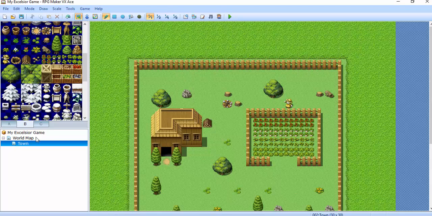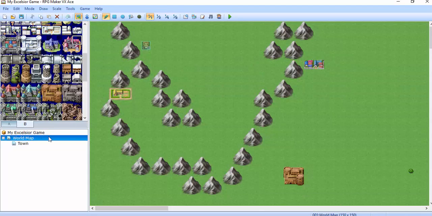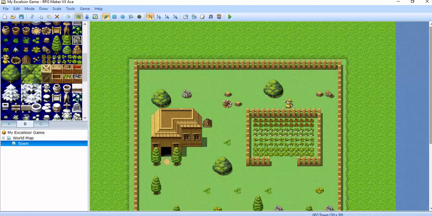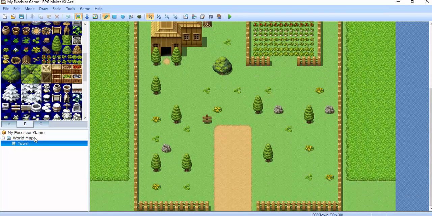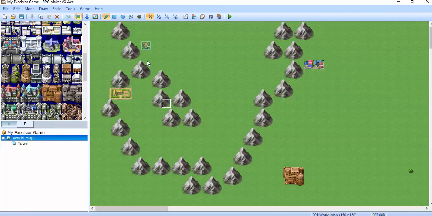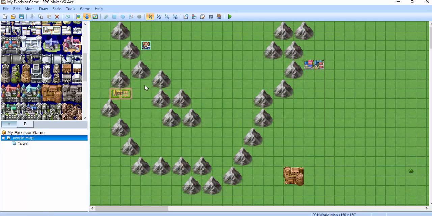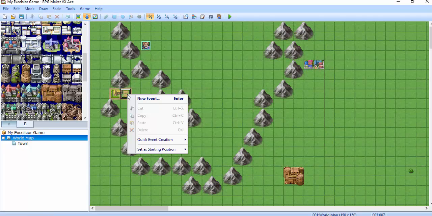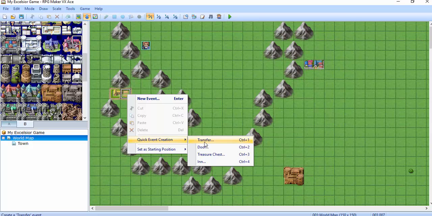And so now, in order to go from this map to this map, we will just create a transfer. And I'll create a whole other video on how to do this, but really easy. We switch to event mode. This is one of the ones that's already pre-programmed. Quick event, transfer,